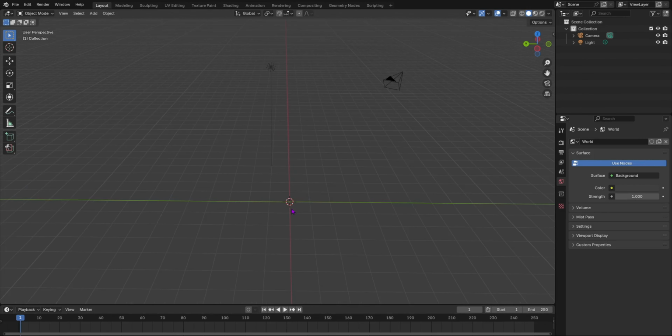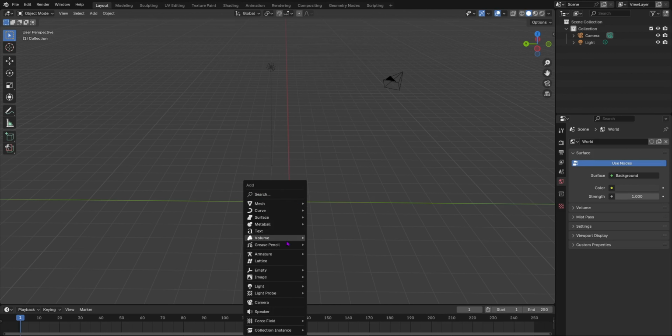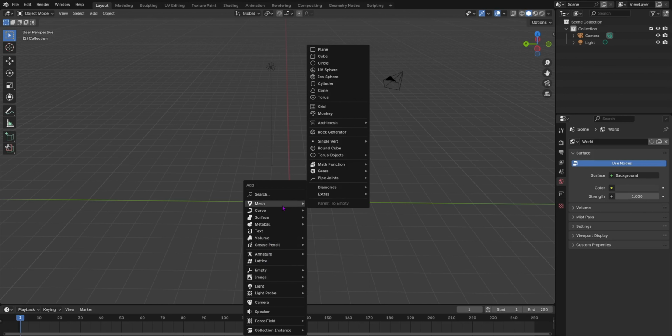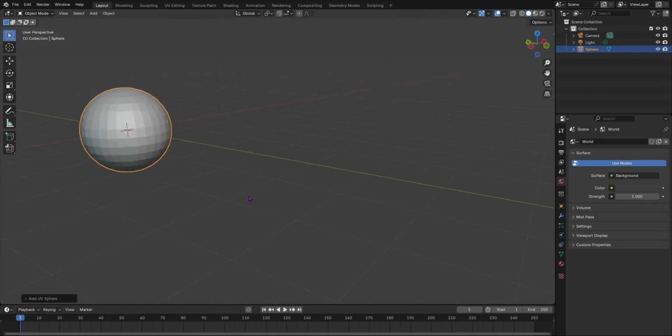So to add an object, to bring in the menu, press Shift A, and this will bring in the add menu. You can literally add everything. You can add a camera, a light, an empty, an image, an armature, a lattice. You don't need to know what everything is, but to add shapes, you go into mesh, then you will see these shapes. Now over here, these are from add-ons, but this is without add-ons. To add add-ons, I will show you how to do this later in this video. So if you want to add a UV sphere, you notice that we added a UV sphere here,